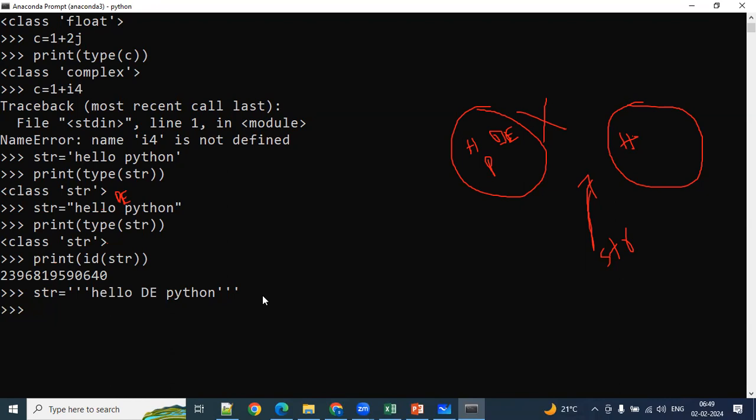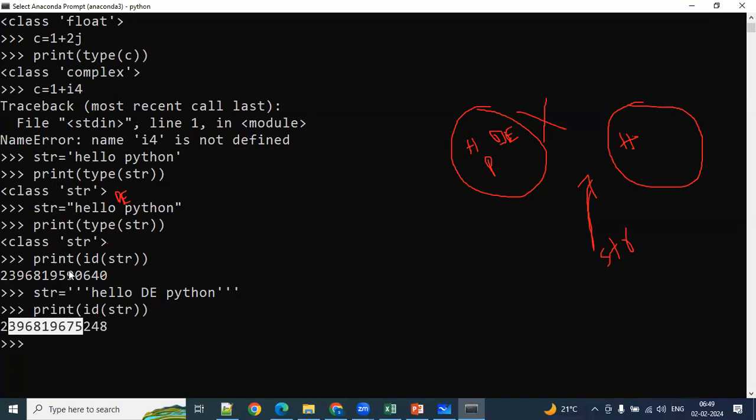See what happened? Okay, it got executed. Now, if you check the ID here, this ID and this ID are not the same. They are pointing to different memory locations. That means what I can conclude from this is when you reassign any value to a variable, it is going to create a new object in the backend.